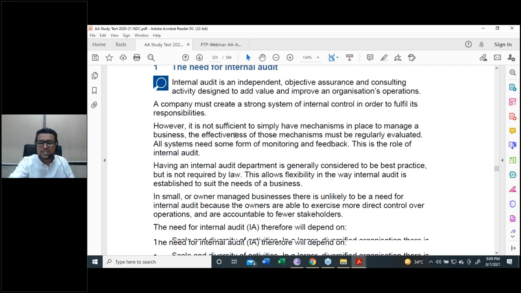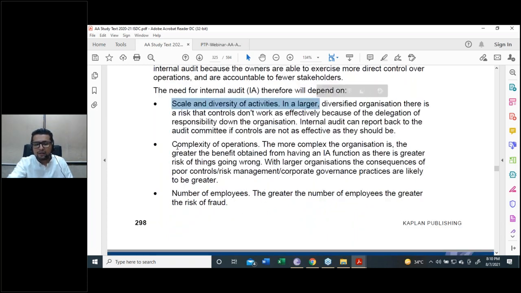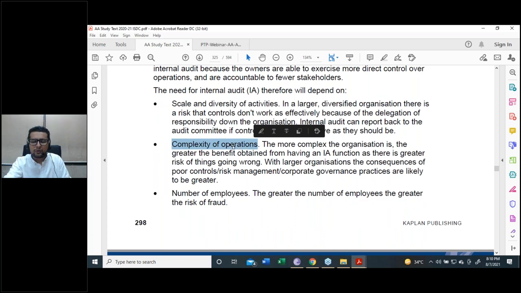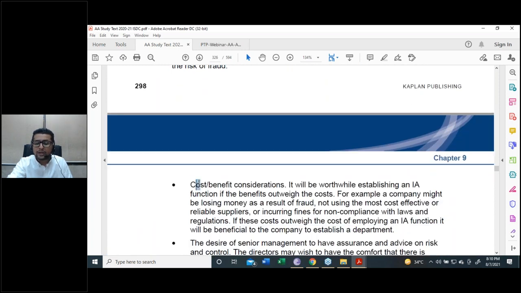What kind of organization needs internal audit? If the scale and diversity of activities is on the higher side, I think you need internal audit. If the complexity of operations is great, I think you need internal audit. If the number of employees is great, you need internal audit. You need to evaluate the cost versus benefit analysis. If the potential benefits of the internal audit seem to be higher than the cost, you've got to have the